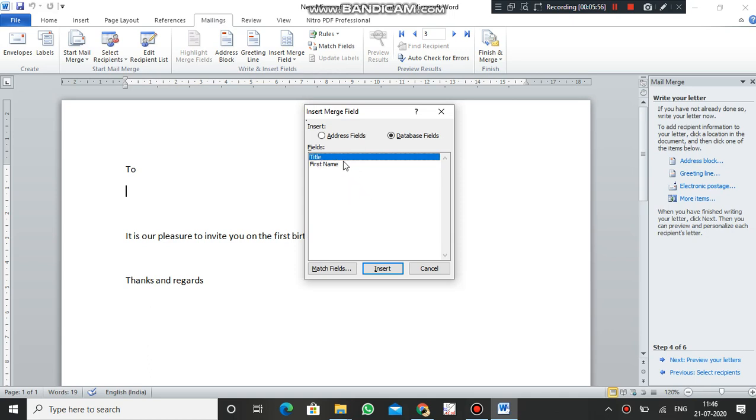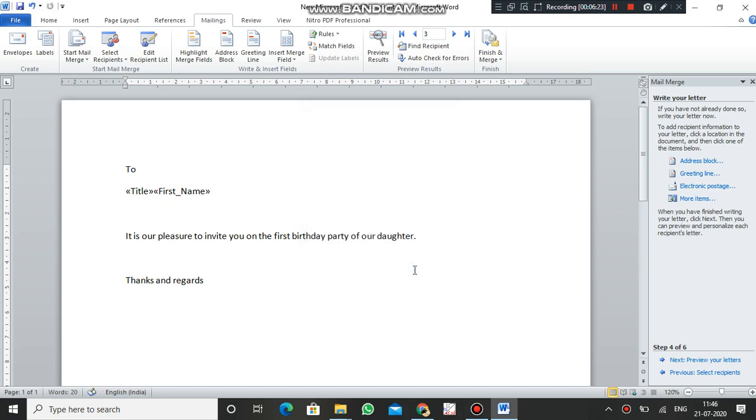You have to select the name of the field and then click on Insert. As you can see here, the title has been inserted in your main document. Then select the next field and click on Insert. So your first name is also inserted in your main document. Then click on the Close button.